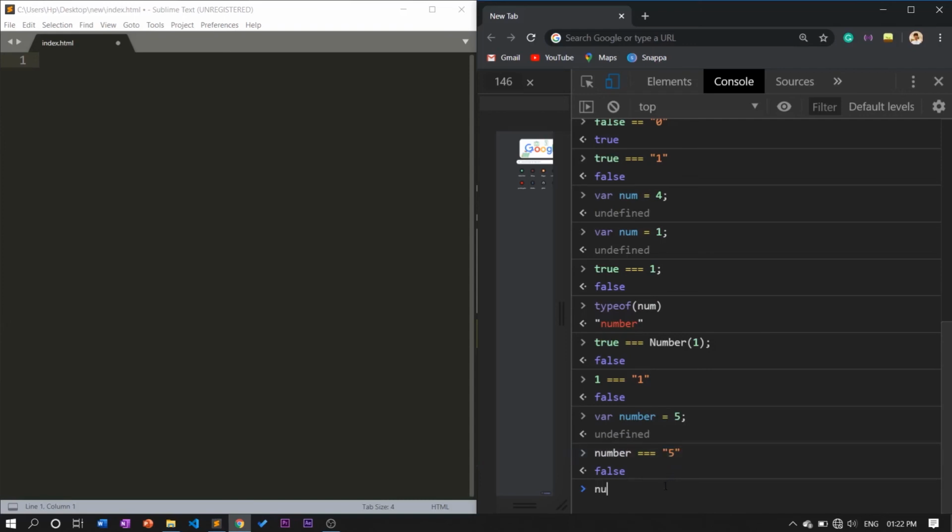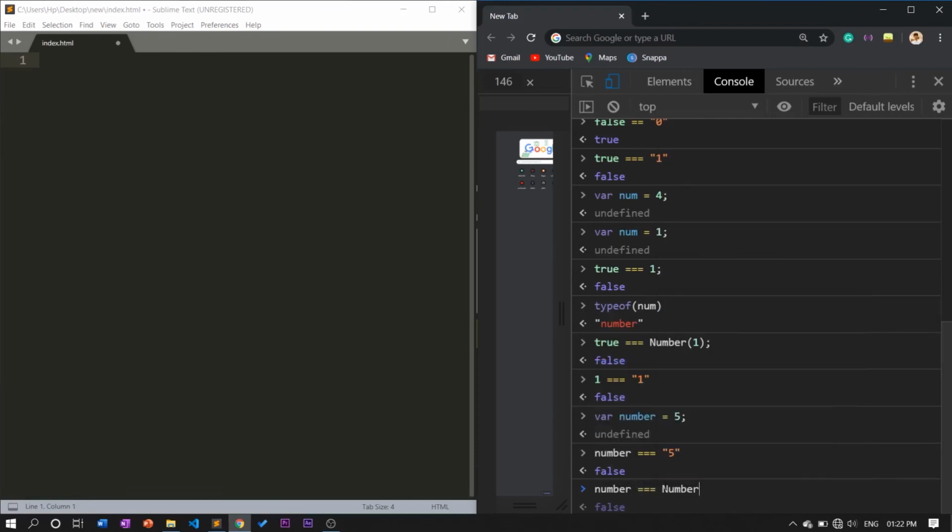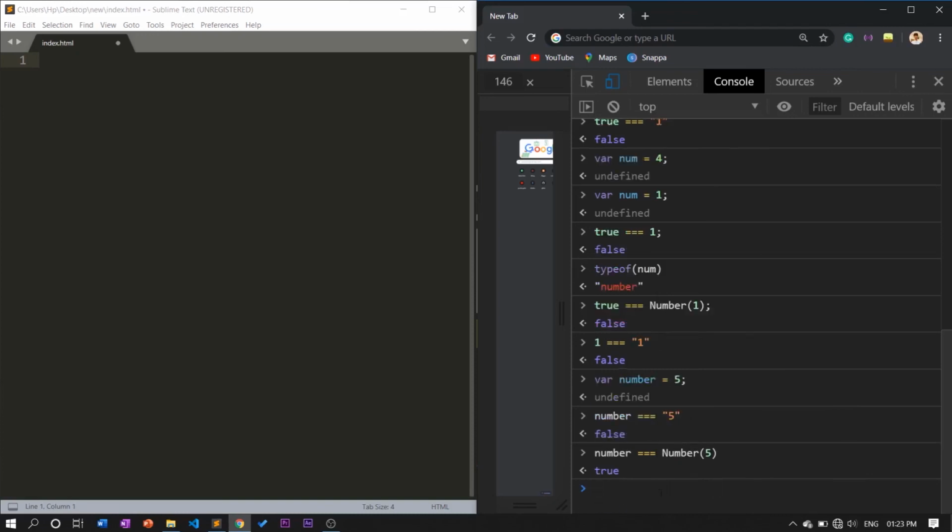Now you can do this method called number triple equals number 5. It returns true because the number is already 5 and number represents 5. So this number is declared inside the value. This value will be a type of number. Now you can see that,